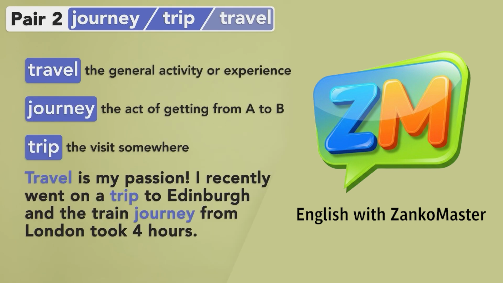Journey is the act of getting from A to B. And trip is the visit to a place. One final example. Travel is my passion. I recently went on a trip to Edinburgh, and the train journey from London took 4 hours. Here's some homework. See if you can write a sentence like that with all 3 words in the comments. All right, pair number 3 is opportunity